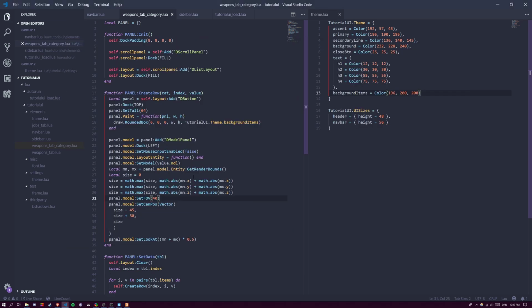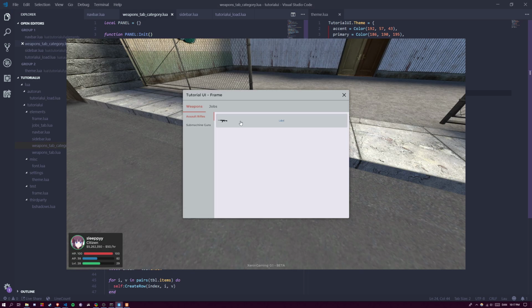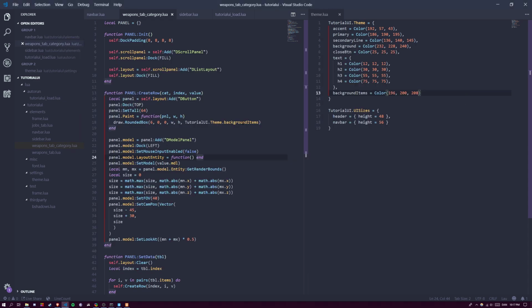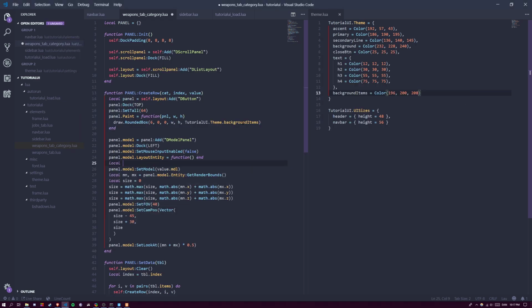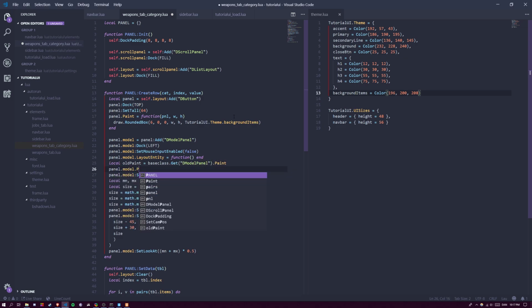Yes. And while we're at it, we kind of want to paint it so it looks like it sticks out. I think it'll be more pleasing to the eyes. The way the model panels work is we have to get the old paint function, otherwise we won't actually draw the model itself. So I do base class get the model panel paint, I overwrite the paint here and do